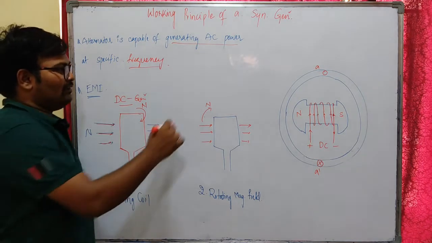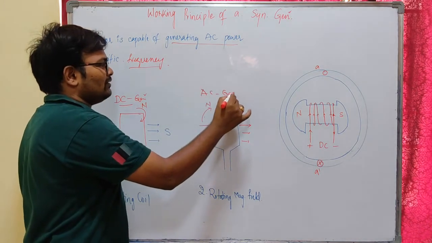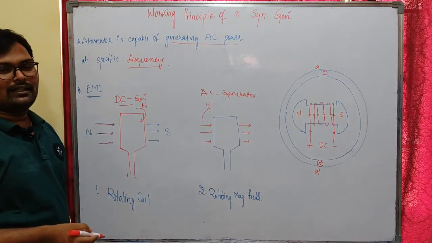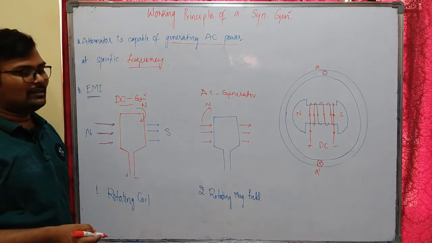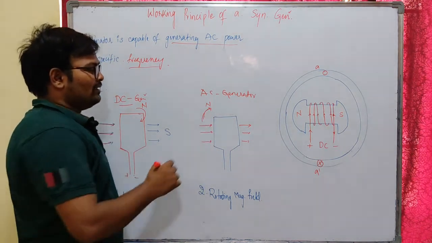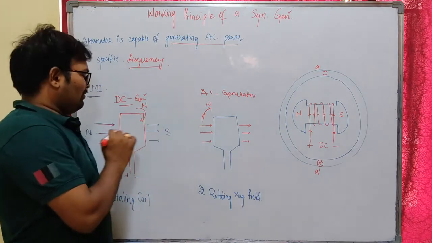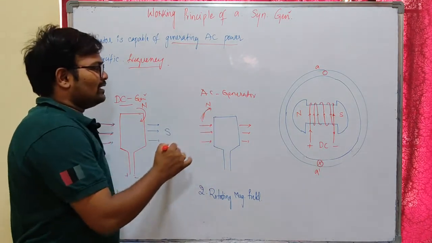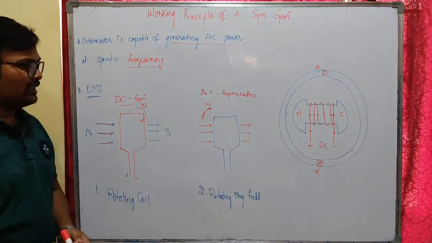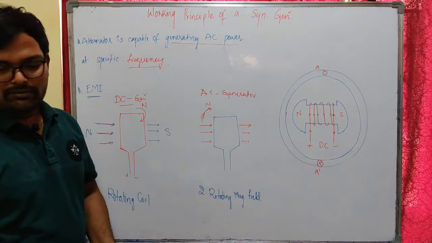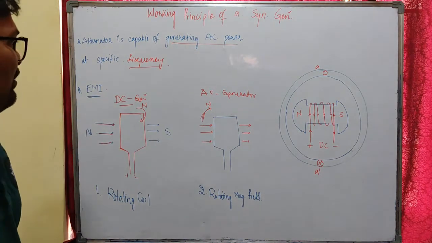But in the case of our AC generator, this is the method we use. I have already told you that the armature is placed on the stator side and the field is placed on the rotor side. That means the field is rotating here, because the field is placed on the rotor, and the coil will be stationary. The red color ones are rotating here and the blue color ones are stationary. In our AC generator, the field is rotating, but the armature is stationary. This is the type of generation we are using in our AC generator.